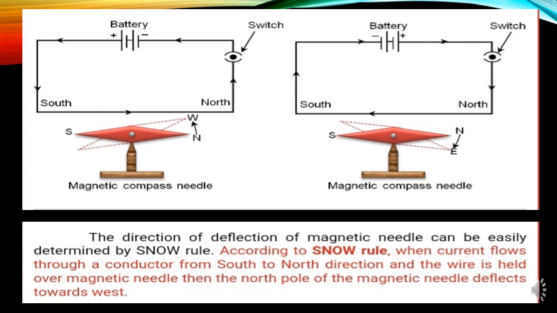We know that a freely pivoted compass needle always sets itself in the north-south direction. It deflects from its usual north-south direction only when it is acted upon by another magnetic field. So, the deflection of the compass needle by the current carrying wire in the experiment shows that an electric current produces a magnetic field around it. It is this magnetic field which deflects the compass needle placed near the current carrying wire.